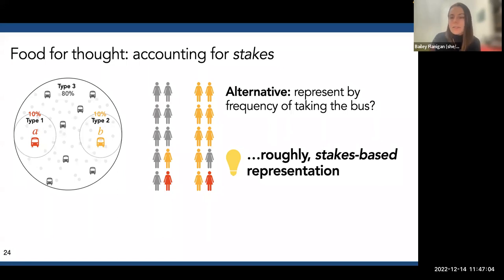Just to interject something that maybe is not where you intended this to go, but I would be concerned that if we represented people by their frequency of taking the bus, we would be overrepresenting people who live near bus stops. And the whole point is to build bus stops near people who don't already live near bus stops and might therefore take the bus less. 100%. Okay, so yes, somebody brought this up last time I used this example as well. This is a flaw in the example that you're pointing out. We're making the assumption here that the people of type 2 have basically inelastic demand for taking the bus, and they will just walk really, really far to get to the bus.